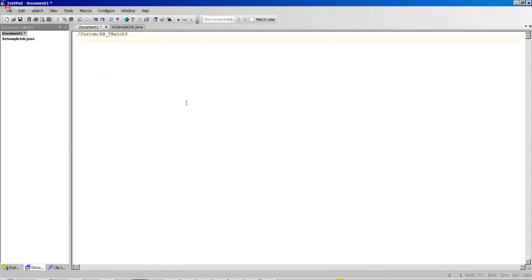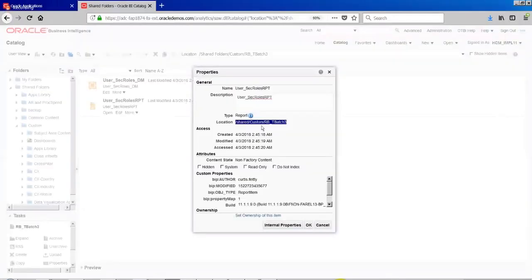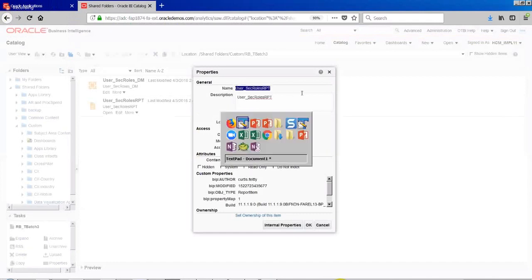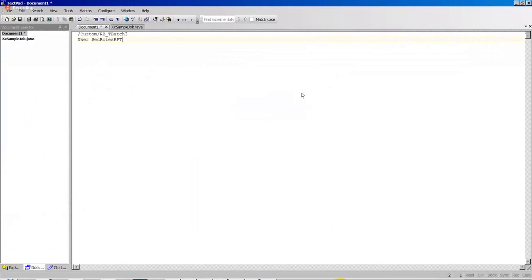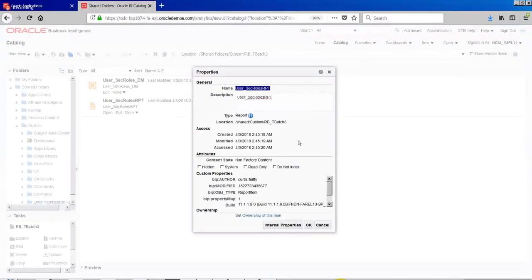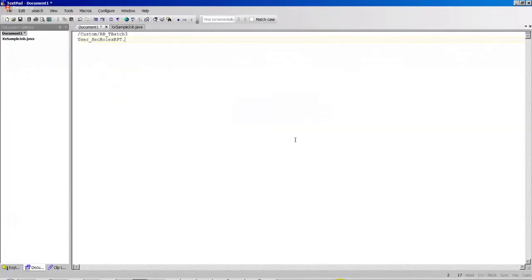Shared is common. Then RB batch 3. And what is the name of the report? It is user.security reports, and the extension of the report is always XDO. So this is my report. This is what I wanted to know.